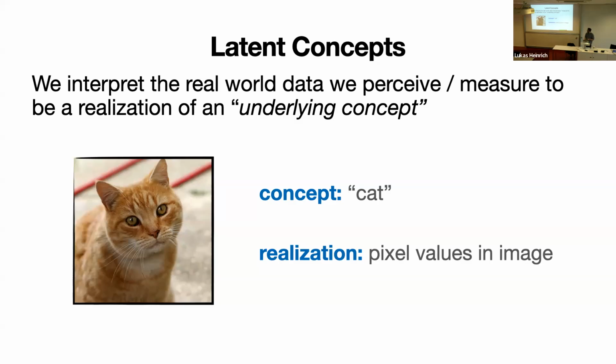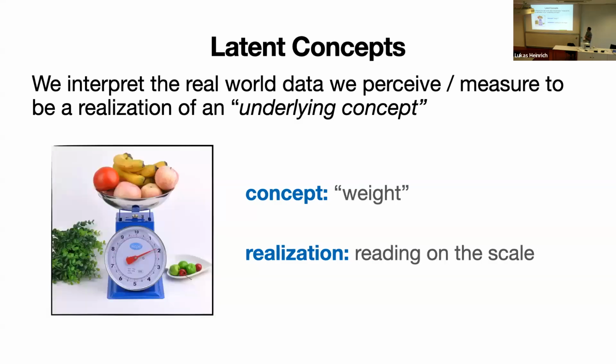But then there are other types of concepts. For example, there's the concept of weight, which is more like a floating point type continuous quantity, right? We might think the banana has some true weight, and what we're measuring is some realization of how this weight interacts with the world. So maybe we put it on the scale, and then we read off the value of the scale,